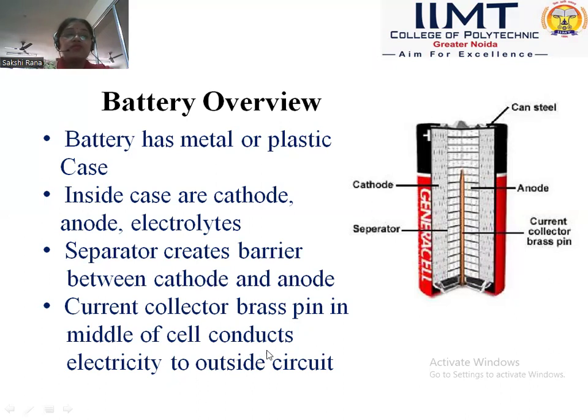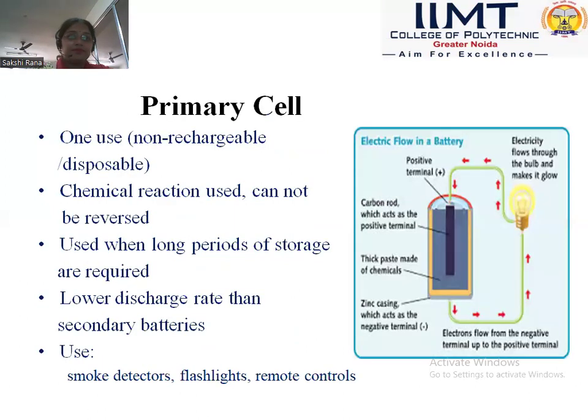करंट कलेक्टर ब्रास पिन इन मिडल ऑफ सेल कंडक्ट्स इलेक्ट्रिसिटी टू आउटसाइड सर्किट। जो बीच में एक करंट कलेक्टर ब्रास पिन होती है जो कि चार्ज को कलेक्ट करती है जिससे कि वो आउटसाइड द सर्किट करंट को फ्लो करा सके, ठीक है।